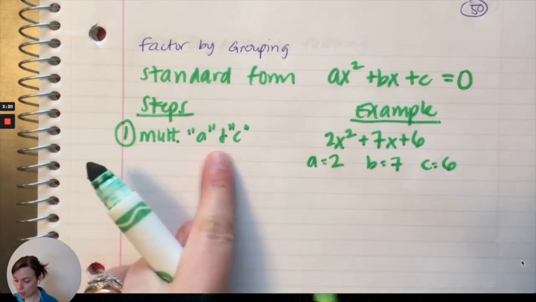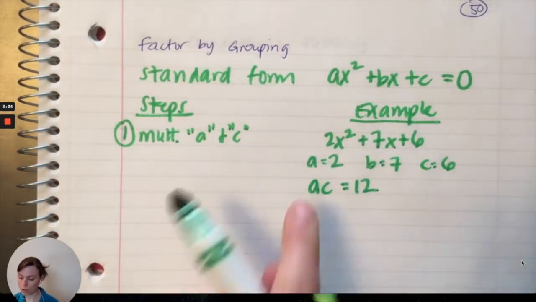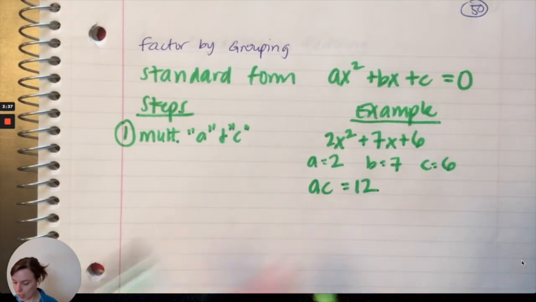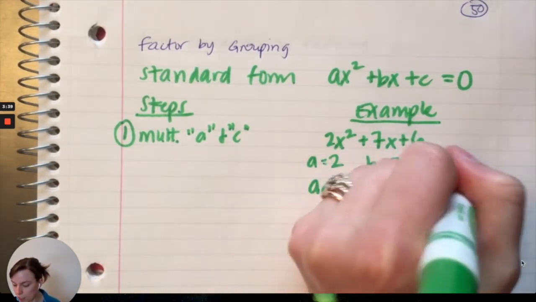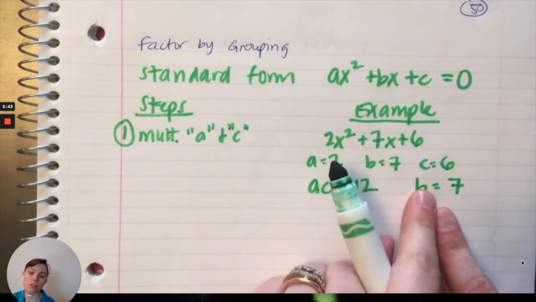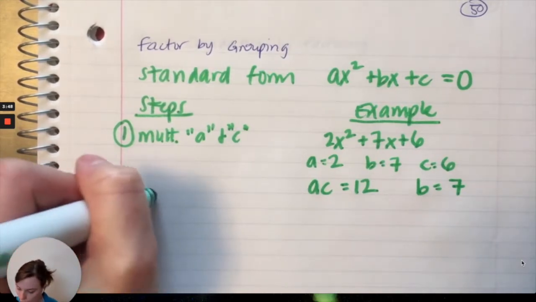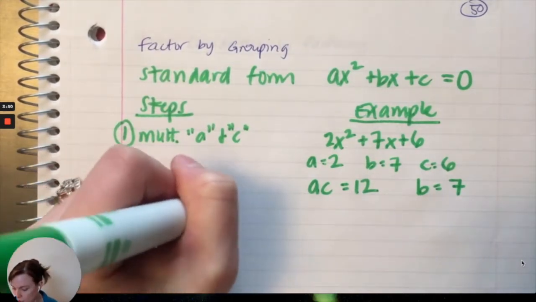Okay, and I'm going to multiply. So I need to multiply the a and the c, so that makes 12. Notice a times c. And I am also going to rewrite my b, just to make that more clear, that we do need a, c, and b. B, we just took it straight from the expression. Okay, and then step 2 is to find 2 numbers